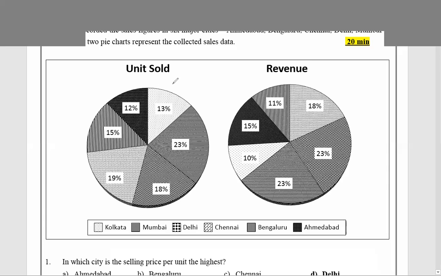When they start feeling uncomfortable is when they see that between the units sold and the pie, the actual number is not given, which they were expecting very much. They feel like this: if I had this total units sold, I could have easily calculated units sold in every region.